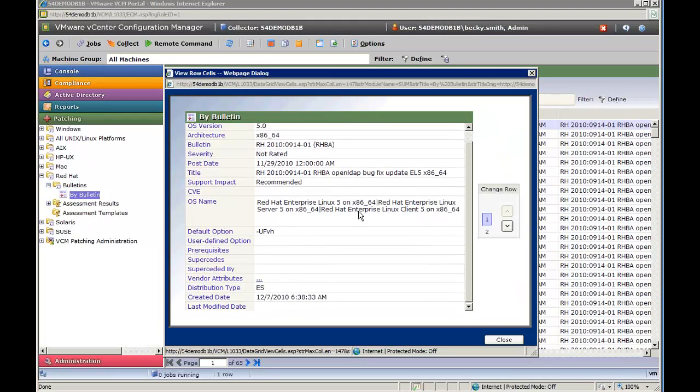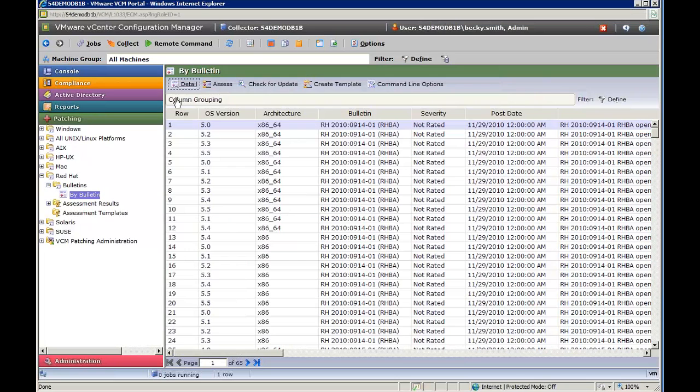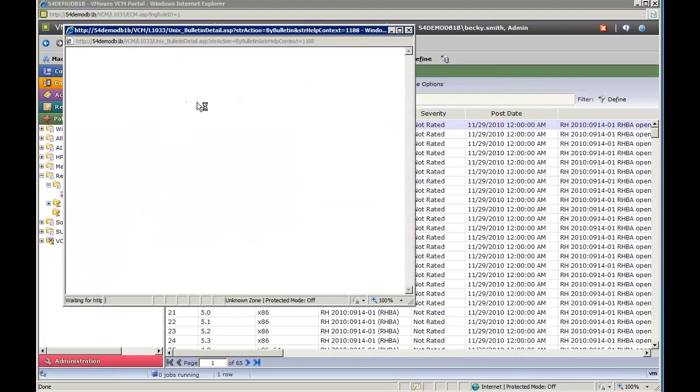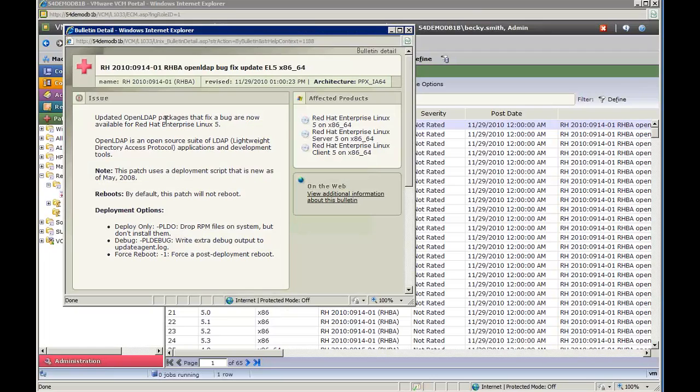So the detail about the OSs that this patch pertains to, the default options for installing this patch when you actually go to deploy it, and then the distribution type and any information. We can also see the real detail of the bulletin and information that's actually provided from Red Hat. So what is this bulletin all about? Well, in this case, it's actually fixing a bug with Open LDAP, for example,